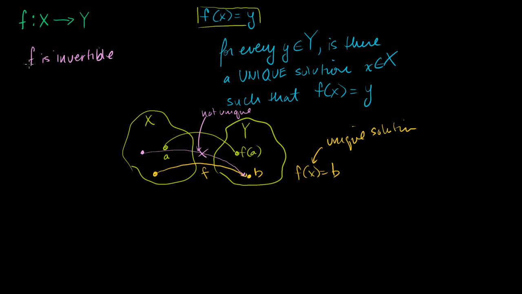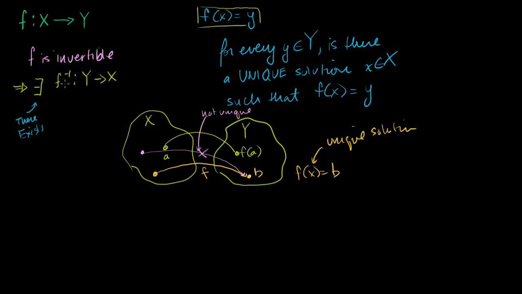So by definition, f is invertible implies that there exists, and I think it's nice to be exposed sometimes to the mathy notation, this backward-looking E thing means there exists. That means there exists some function, let's call it f inverse, that's a mapping from y to x, such that